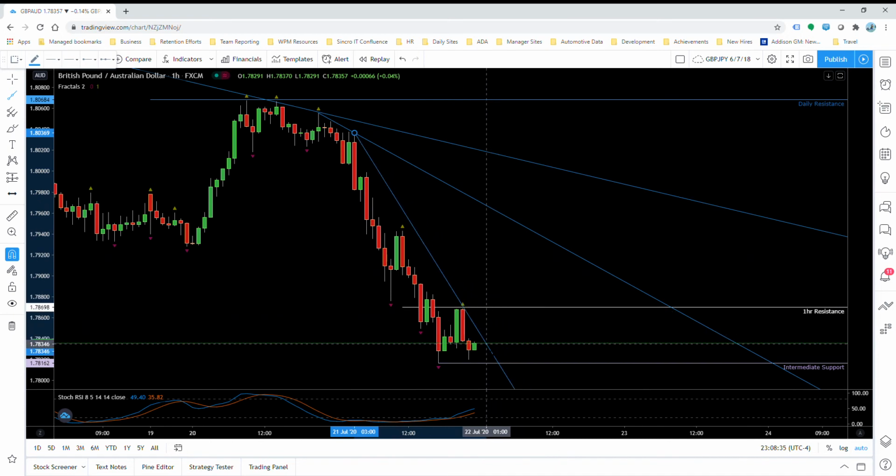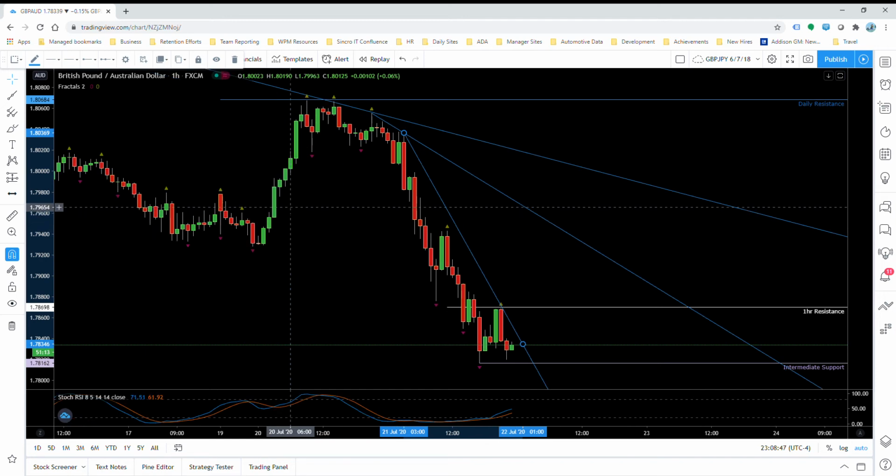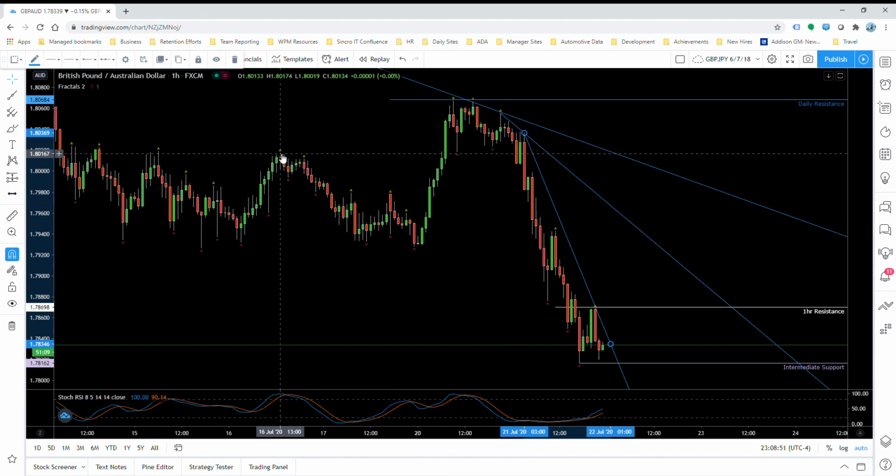And that swing high or swing low is a 5 candle formation. The 5 candle formation, you have a high point or a low point. You have 2 candles to the left and 2 candles to the right. So I'll pause for a second and I'll show you what I'm talking about. So if we look here,